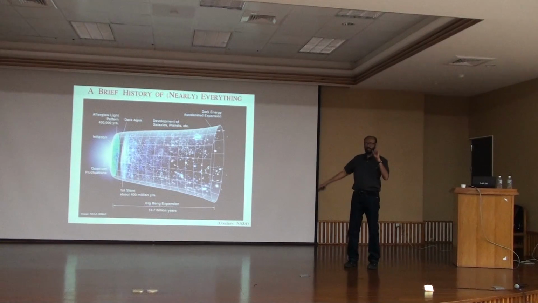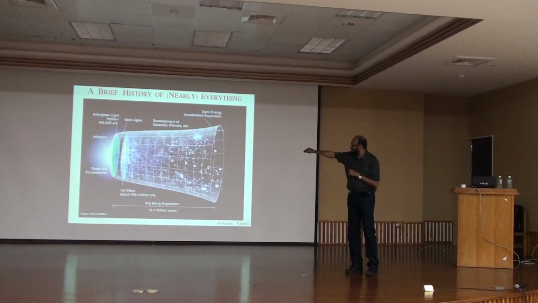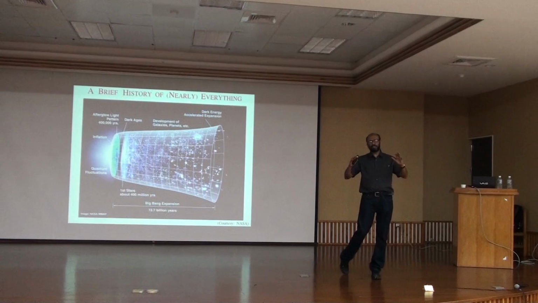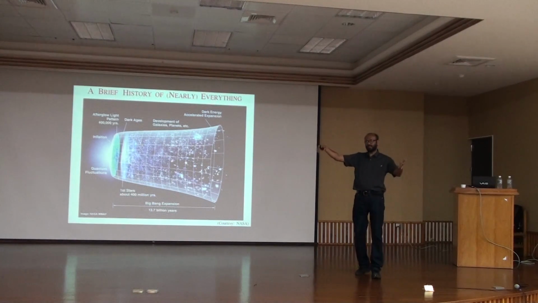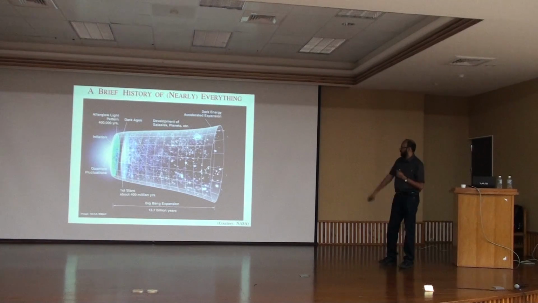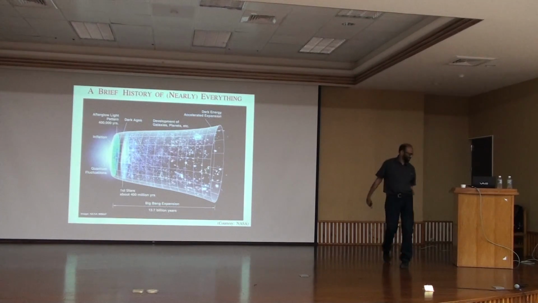So remember, two things are predictions. One is nucleosynthesis, which happens right here, and then this radiation from 400,000 years after the Big Bang is predicted to be present in all directions. And I'll show you evidence for both of these. So after that, what happens?